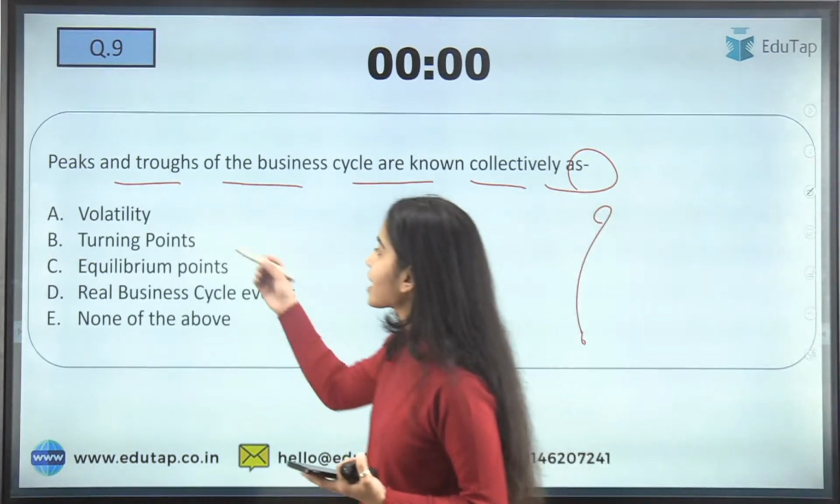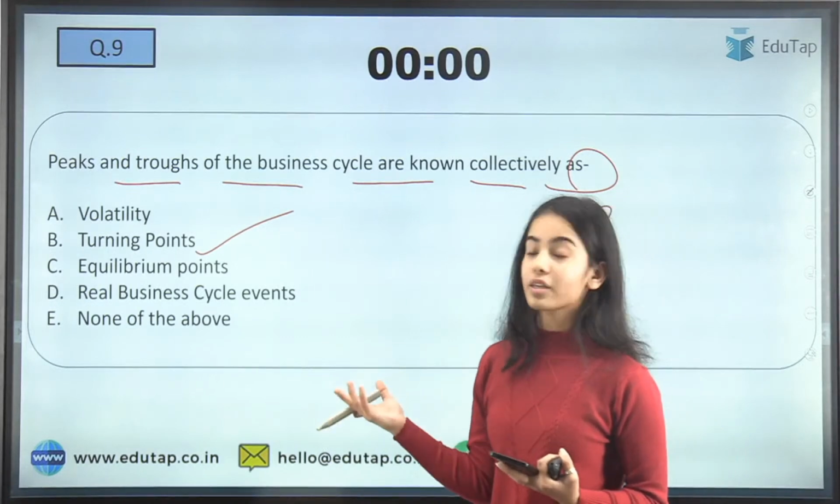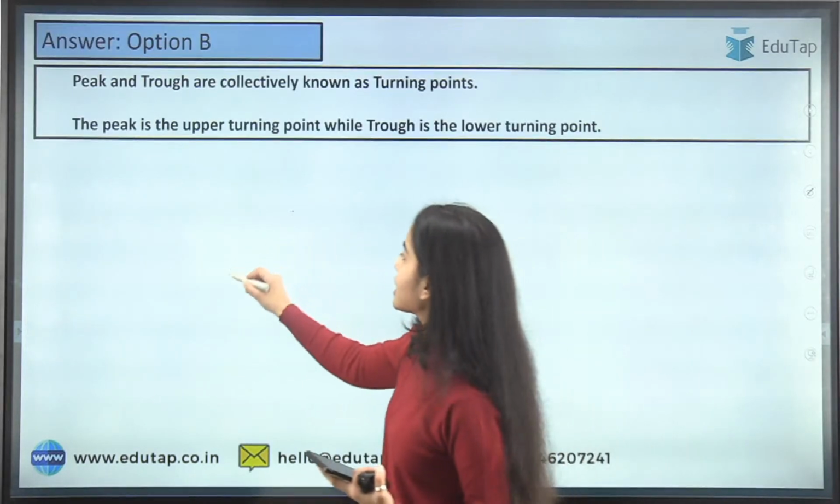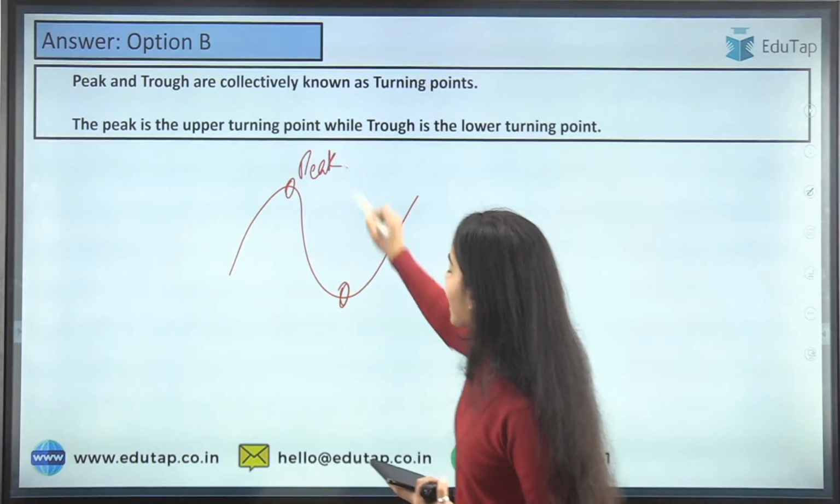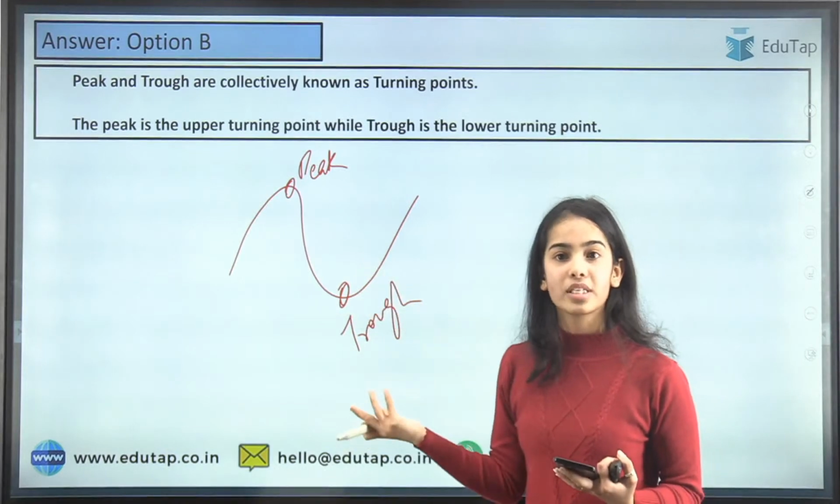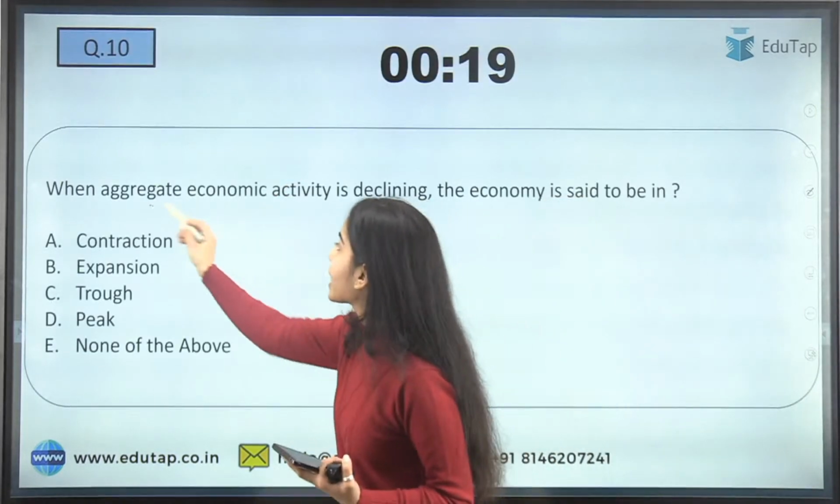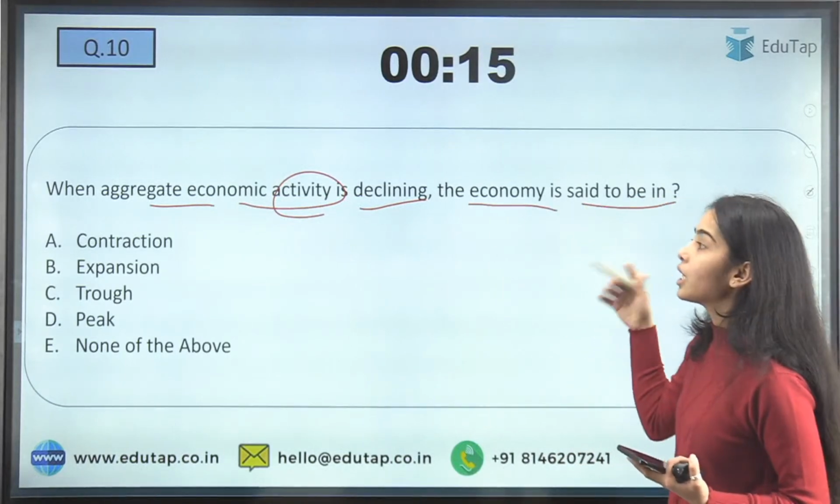Okay, so I'm getting the right answer, that is turning points. It was a very easy concept. I don't think we need to put much time in it. See, this is the turning point. The peak and the trough in the business cycle are the turning points. It is very easy. Next is, when aggregate economic activity is declining, the economy is said to be in what